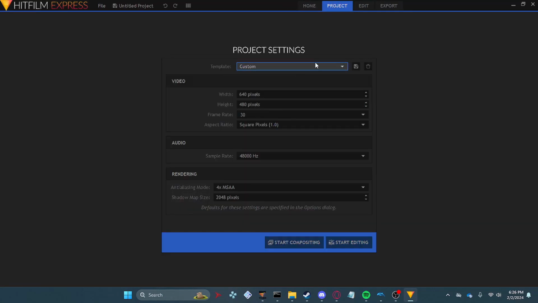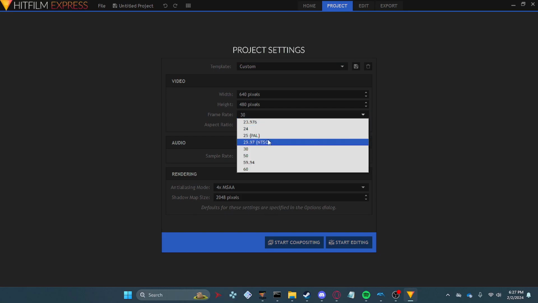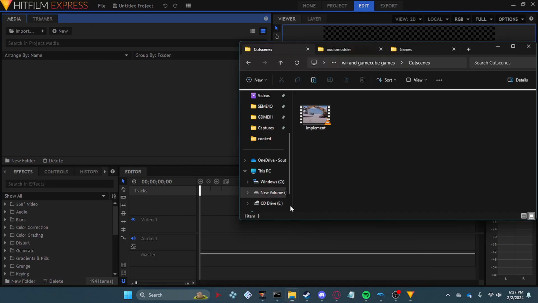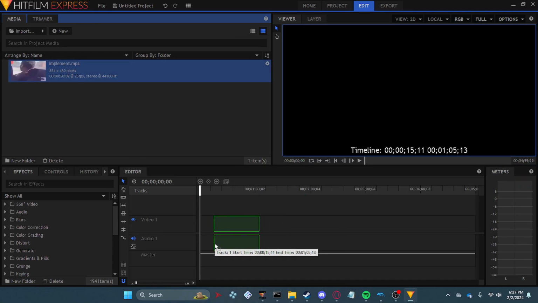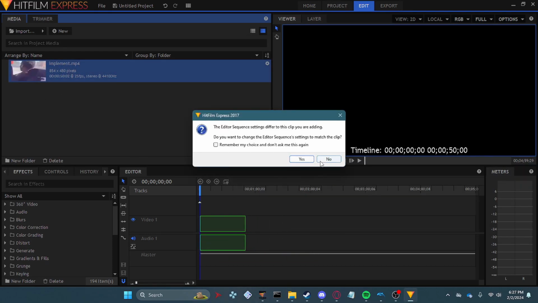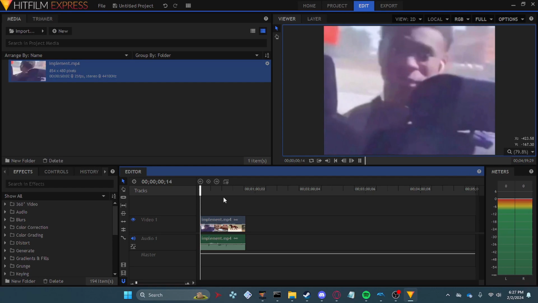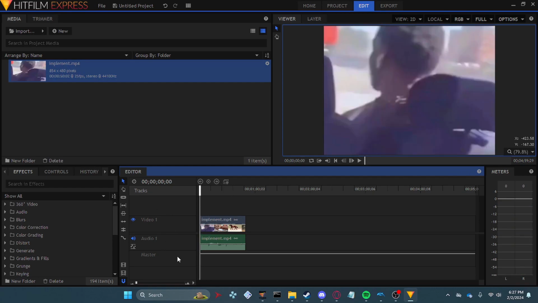So what you're going to want to do is make a custom template where it needs to be at 640 by 480. This is important. Make sure it's 30 FPS, 30 frames per second, or if you really want to, you can also make it 29.97. And just click Start Editing. Now this is just a very simple editing process of dragging and dropping. Say no to that. Just press transform, fit the frame, and now we have this entire thing in a 4:3 ratio. So once that's done, just simply